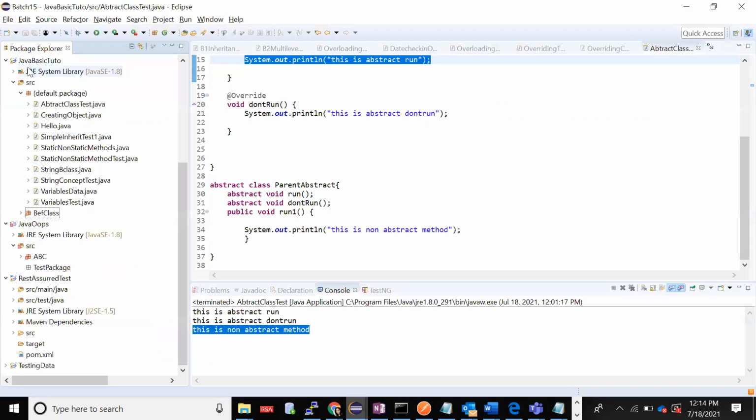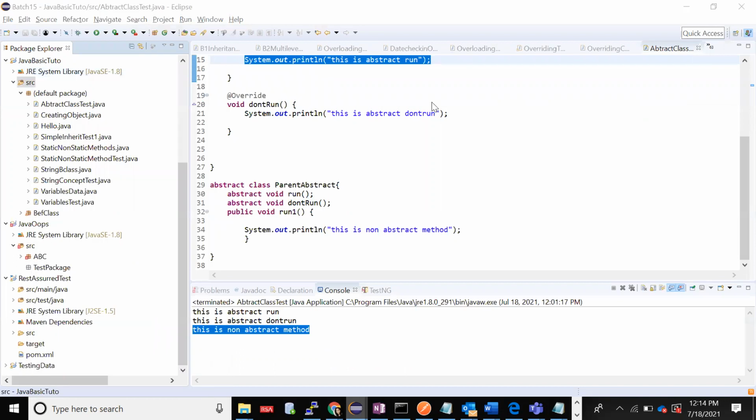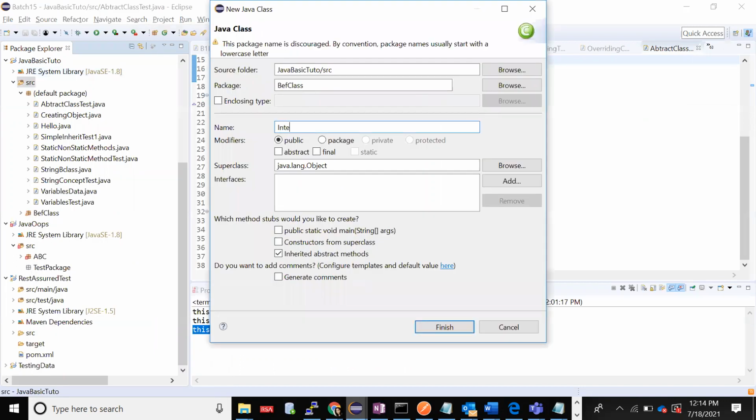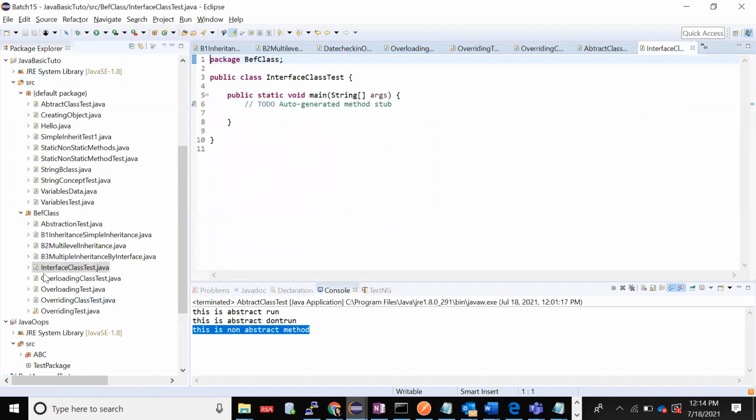I'll just create one class, interface class test. Okay, I have created it. Now in this I want to create two interfaces.